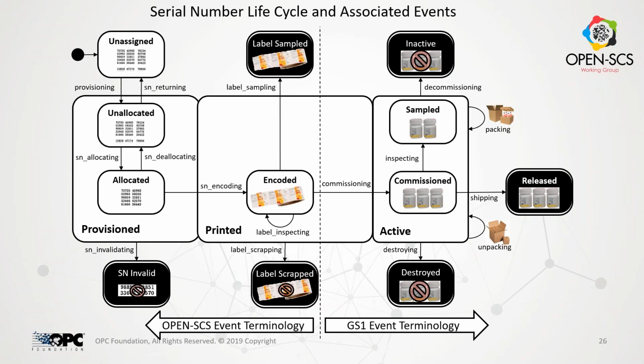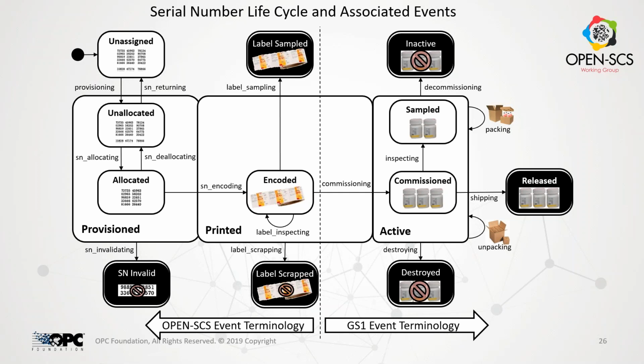But as you can see from this, we're trying to be very, very consistent with GS1, very consistent with EPCIS, and making sure that our terminology matches their terminology. So these are the events, these are the life cycles that we need to go through in terms of managing what a serial number is, all the way from a number, which could have a value, all the way to the final product, and then all the things that happen to that serial number so that we can track it